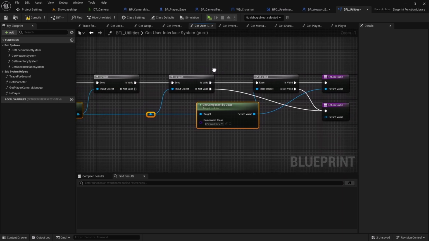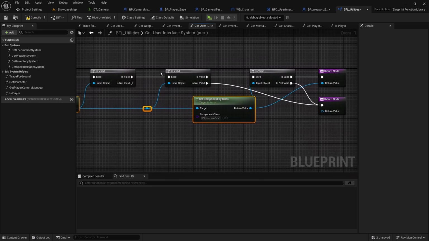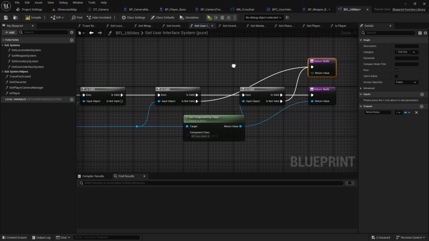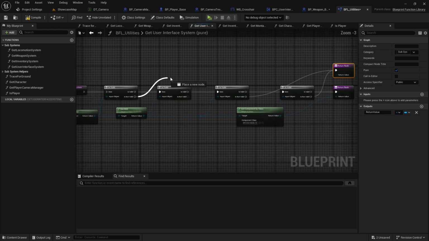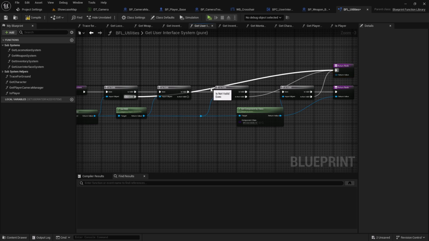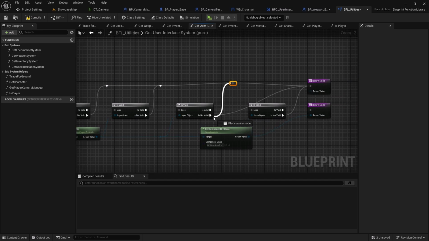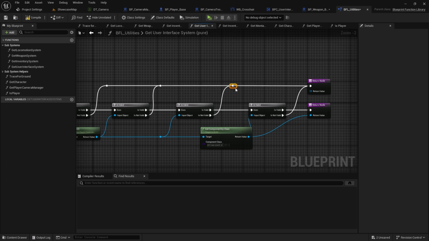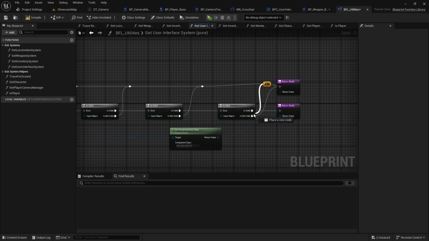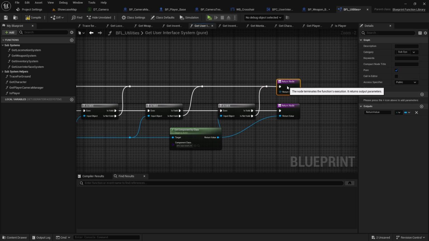And in any other scenario, we can return an invalid reference. So there I will organize the pins like this. Okay, now it looks much cleaner,